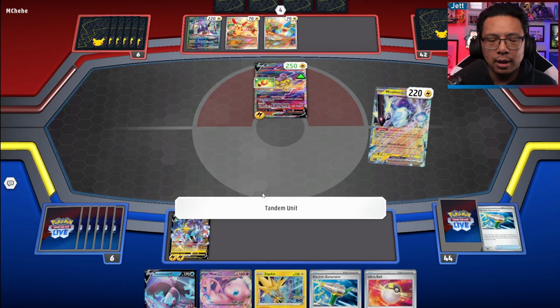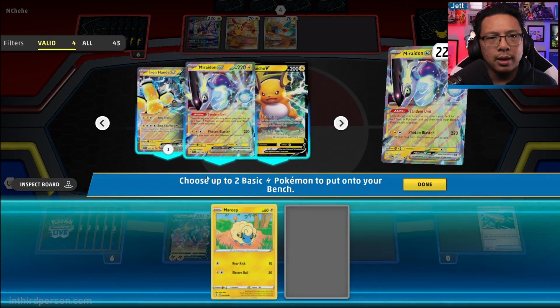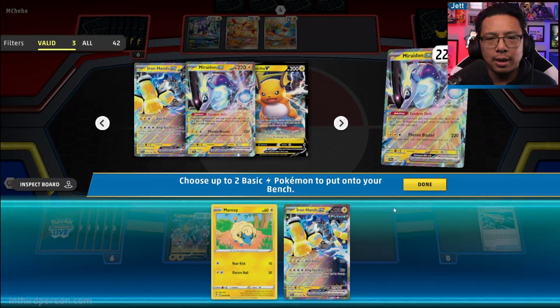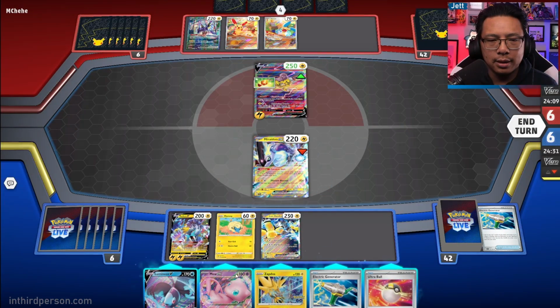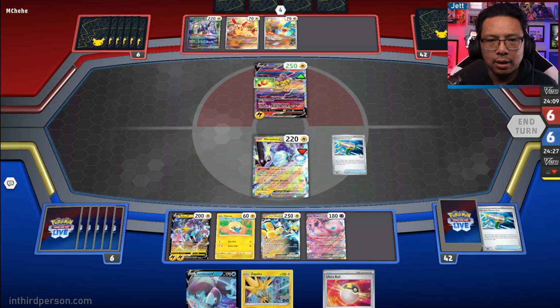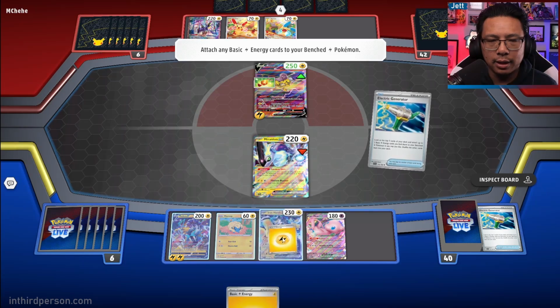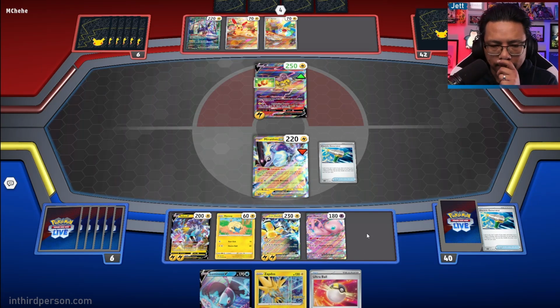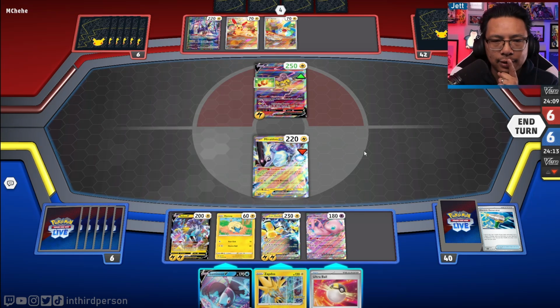Let's go and, yeah, we want the Mareep down, and do we want the Iron Hands? Yeah, I think we want the Iron Hands on here. Let's go and get the Mew down. And I think we want a generator as well. Oh yeah, double generator. Heck yeah. Okay. If I don't get Squawkabilly, if I play...